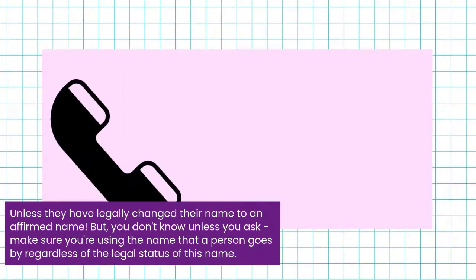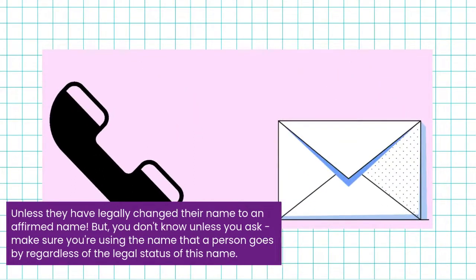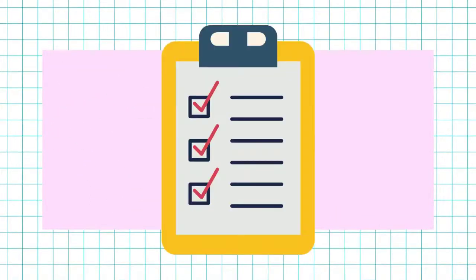Ask your client what name should be used when calling their residence or sending mail, to protect their identity should they not be out to the people they live with. Printed materials, including but not limited to after-visit summaries and notes, should continue to use the client's name they go by and correct pronouns, unless they have specifically requested otherwise. It can be troubling to leave a visit to find that your provider was affirming to your face but misgendered you in their notes.